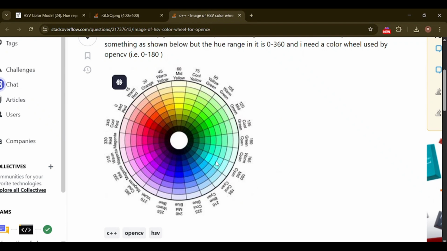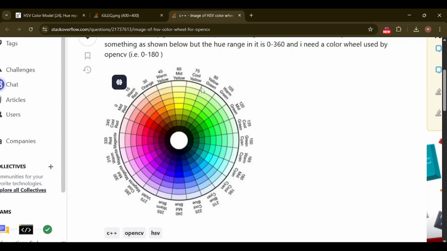This is another representation of my HSV color wheel, and all these three areas are representing the yellow color. If I want to code my program in such a way that it can detect any shade of yellow, I have to tell it two things: this limit, and this limit as well.